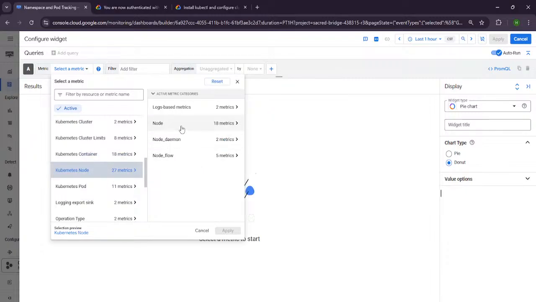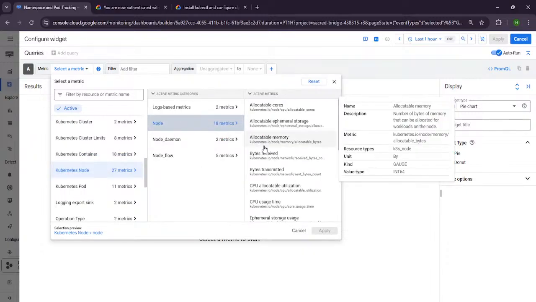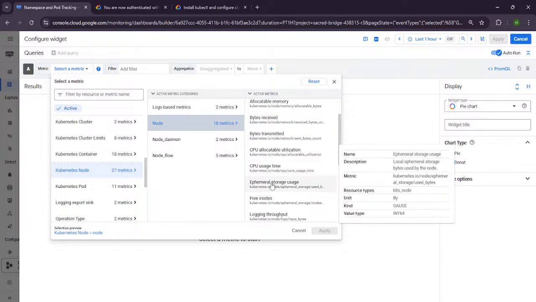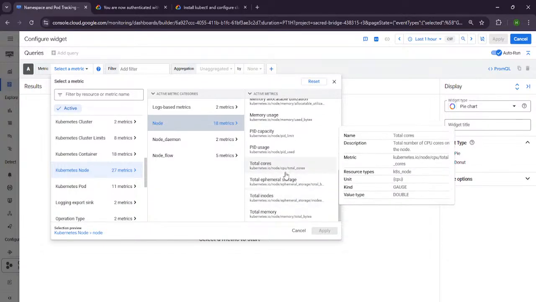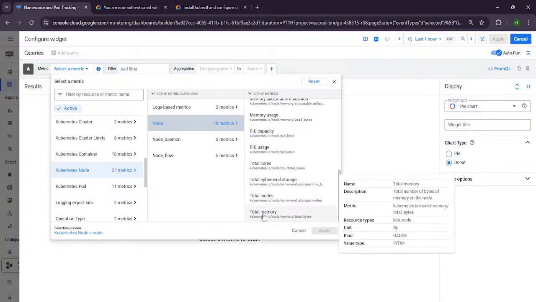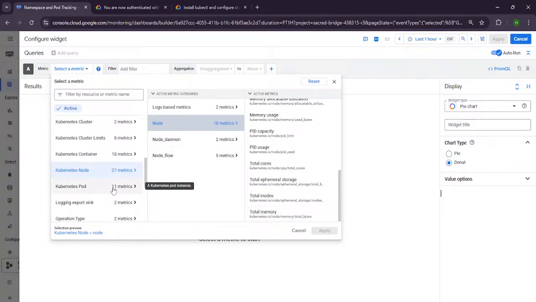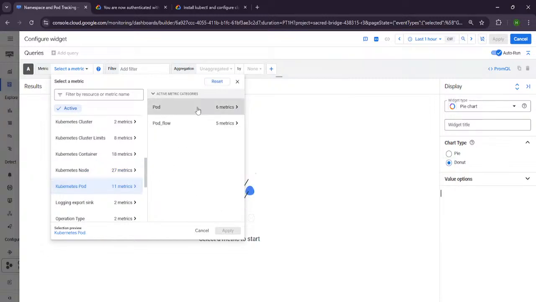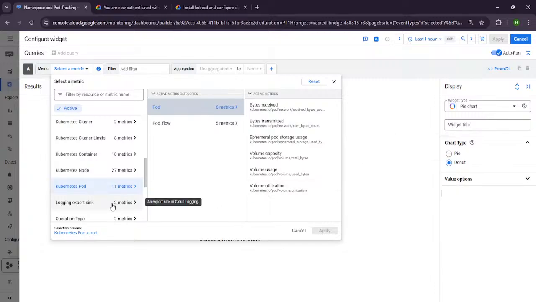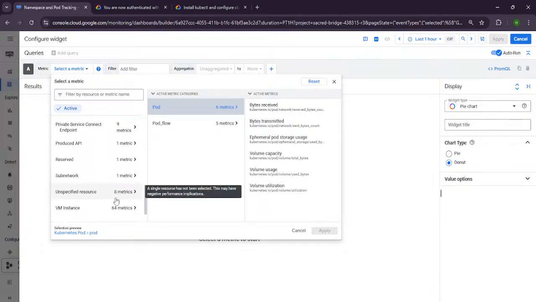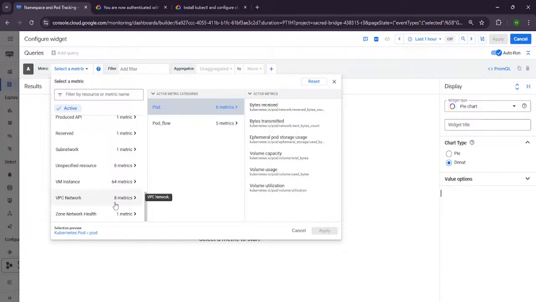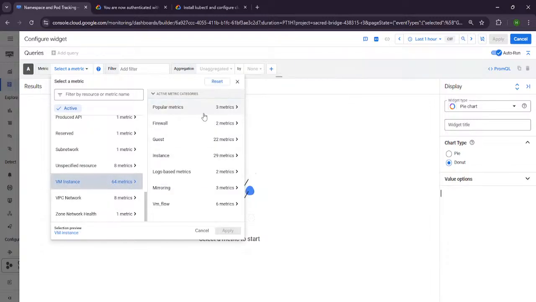Kubernetes node: total cores, total memory, node flow, Kubernetes pod, logging, operation type, reduced API reserved unspecified, some virtual machine, VPC network, popular,